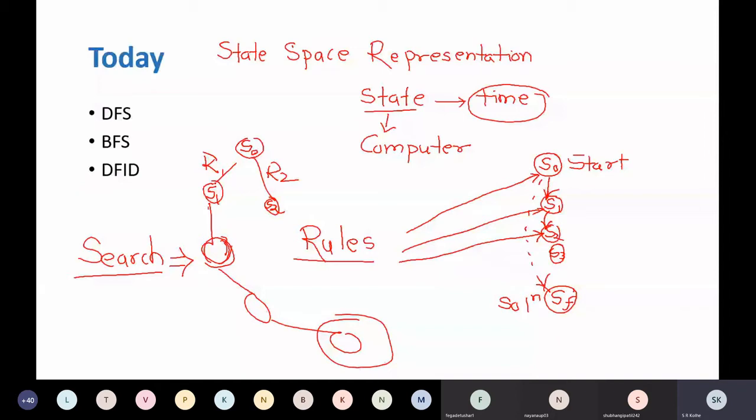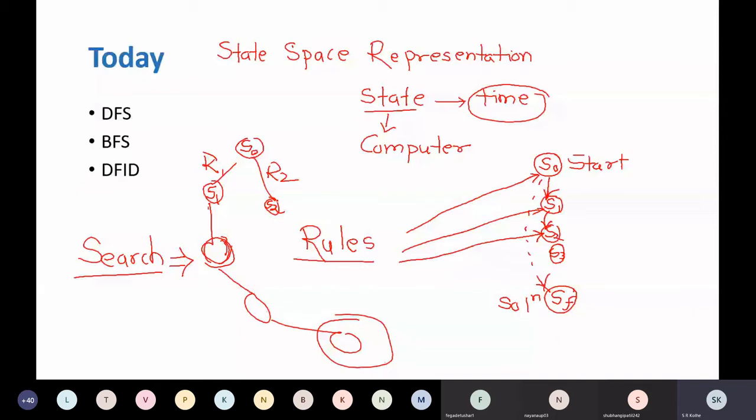Or if the complete state space is explored, then you may start with S0 and then you will visit S1, and then again you will apply rule number 2, and then that will generate S2. Then check whether S2 is a goal state or not.